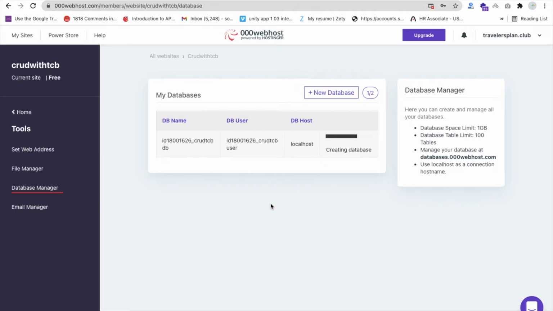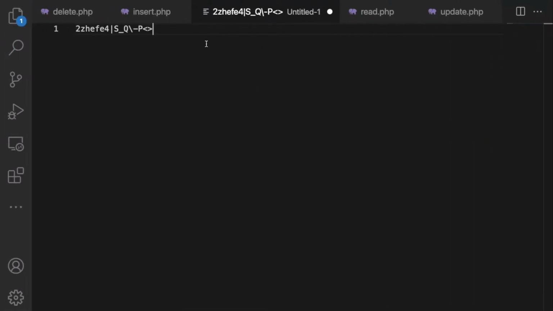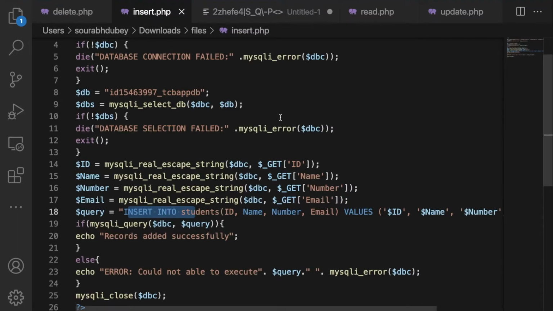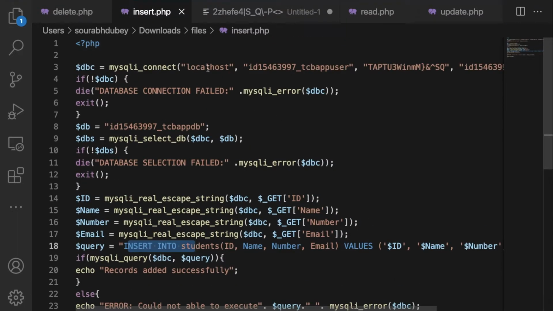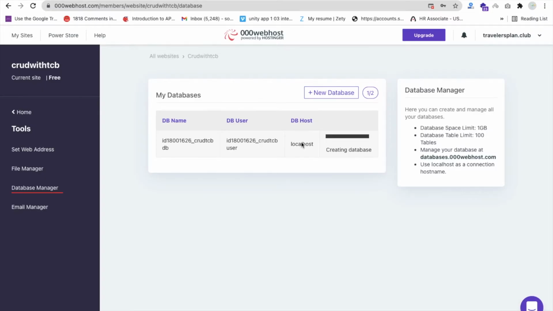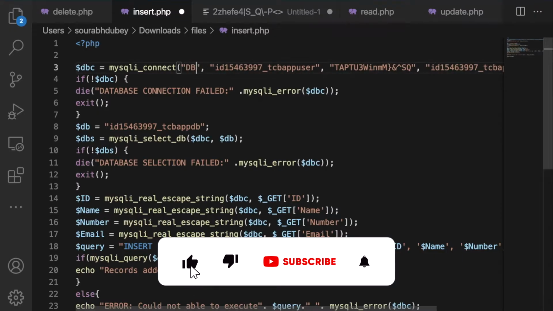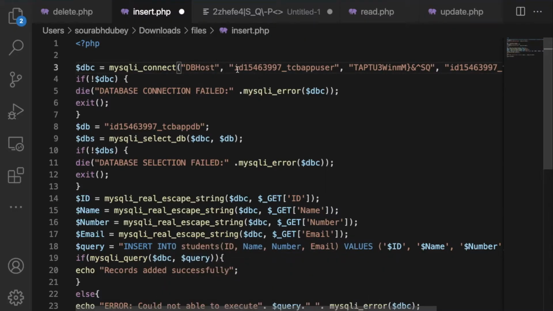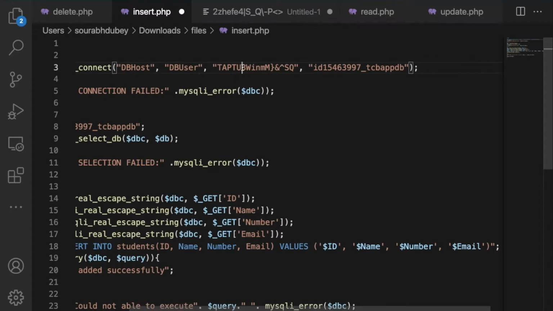Okay, so let me just put all those fields, DB name, DB user and DB host, and I will give you that insert.php file. Okay, and you can see the localhost. You have to do the same, it's like DB host, this one. So I will change everything, let me just put DB host here, this one, and then I will put DB user, this one, I will give you that file so you will remember that thing, and that is the password,